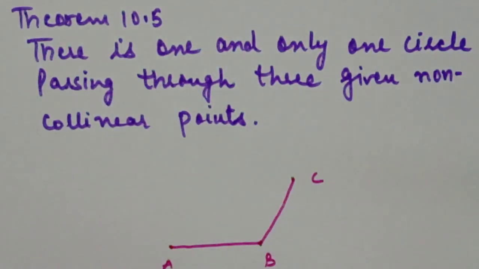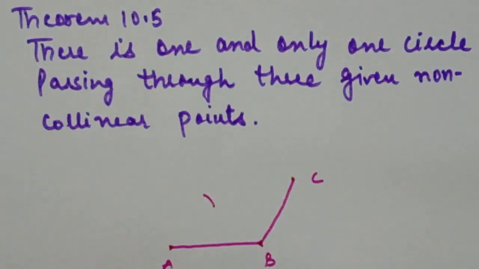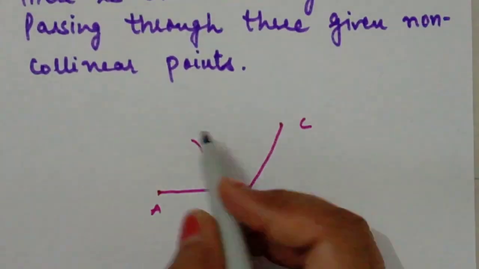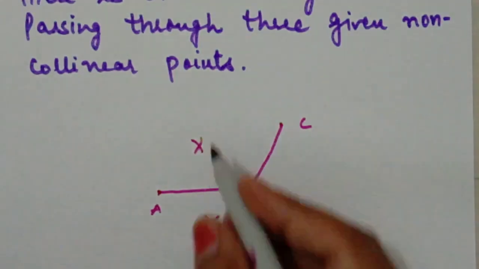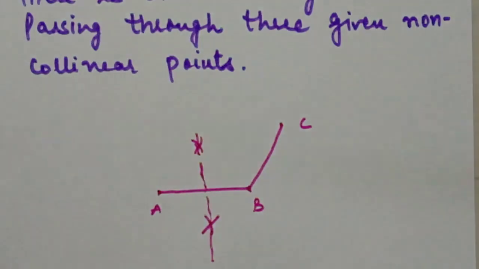Now we will draw perpendicular bisectors on these two line segments, AB and BC. Do you know how we will draw a perpendicular bisector? We have to open our compass more than half, put it on both centers, and then mark the arcs upward and downward. This is the method to draw a perpendicular bisector. So we will open our compass and mark the arcs like this on both sides. So this is a perpendicular bisector.